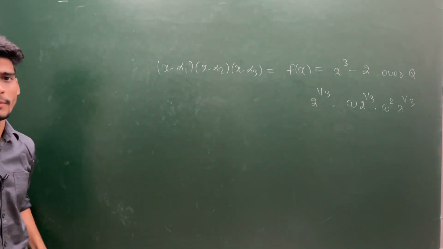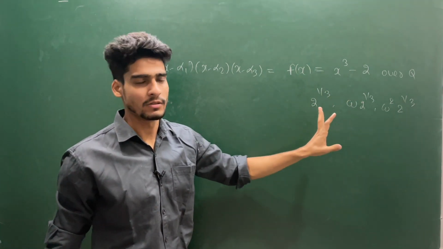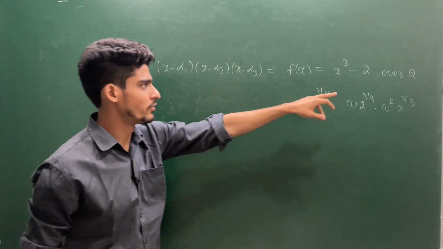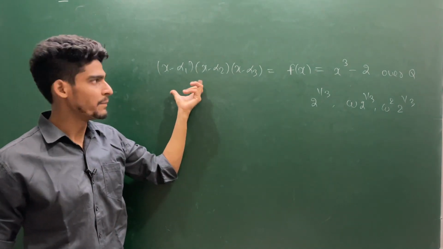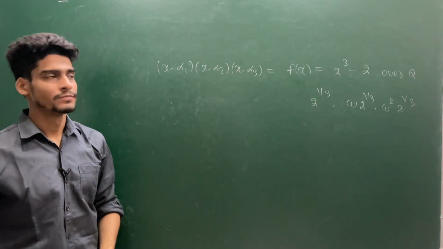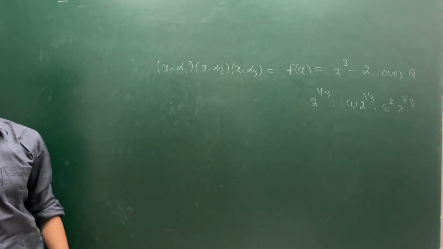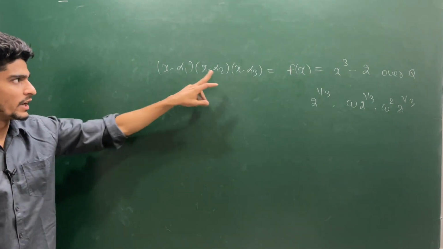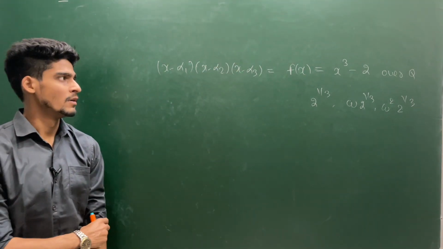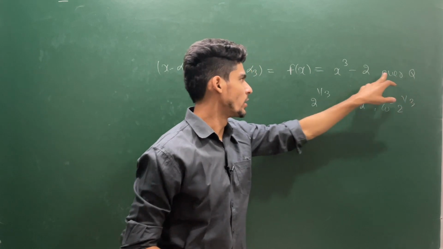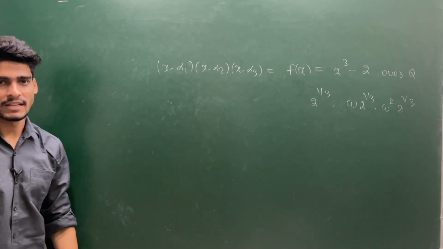Suppose you have any polynomial, you would like to see all the roots of this polynomial in some extension. We are looking for some extension of Q which contains every root, or you can say f(x) splits completely, or f(x) factors into linear factors. That means alpha1, alpha2, alpha3 should be members of the extension. But inside Q you cannot write this expression because the roots are not available in Q. So we are looking for that extension.